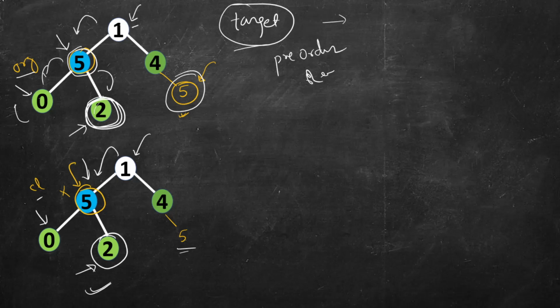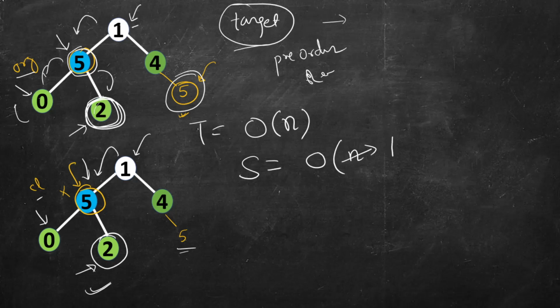So what would be the time complexity of this approach? We will scan through both the trees once. So the time will be O of n, where n is the number of nodes. And the space would be O of n, because the height of the tree can be O of n in the worst case. If you want your solution to look better, you can write it as O of h, but again this h can be as bad as n. So ultimately it will be O of n only. So let's write the code for this simple approach.